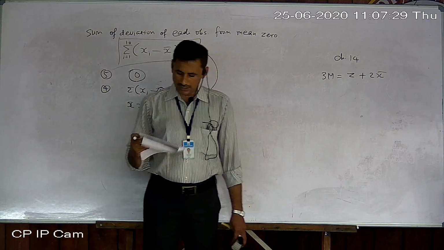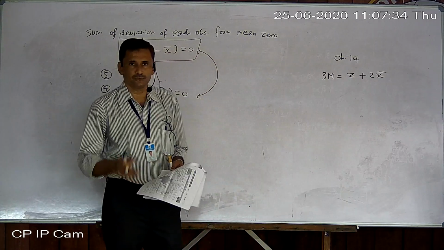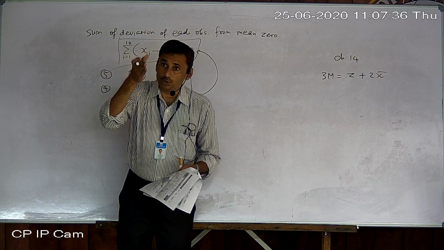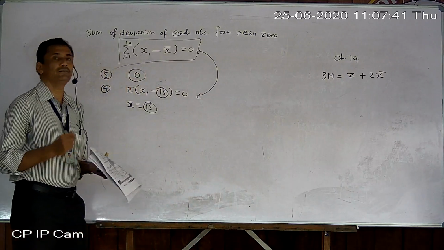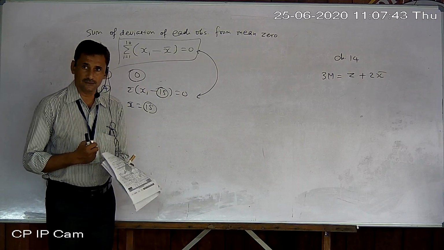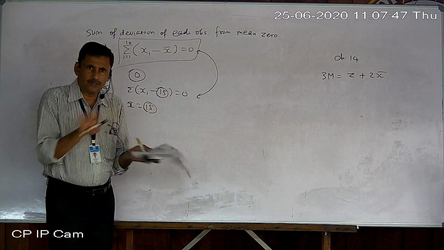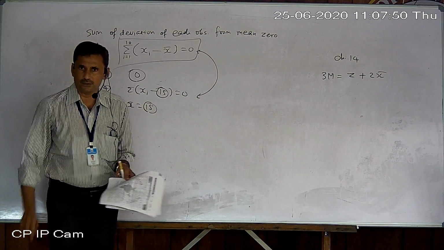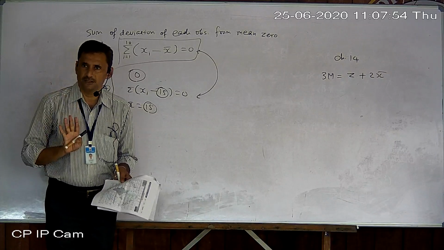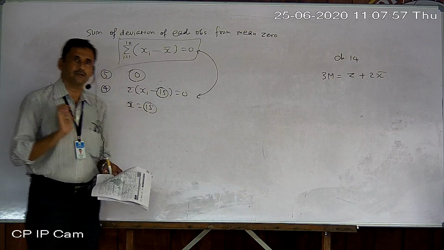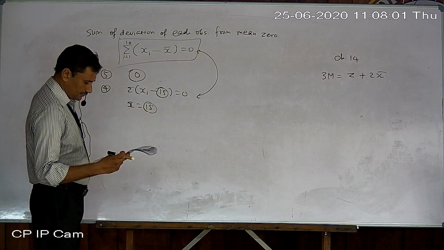Okay. In 10, median class. In the same example, median class. So for finding the median class, prepare a column of CF. After preparing the CF column, you can find which one is the median class. Okay, we already solved many questions of this type. But after finding the median class, don't find the median. So don't write that formula, L plus n by 2 minus CF upon f multiplied by h. That is not required. Only the median class. Okay. Mode is asked. Okay. So you can find it.